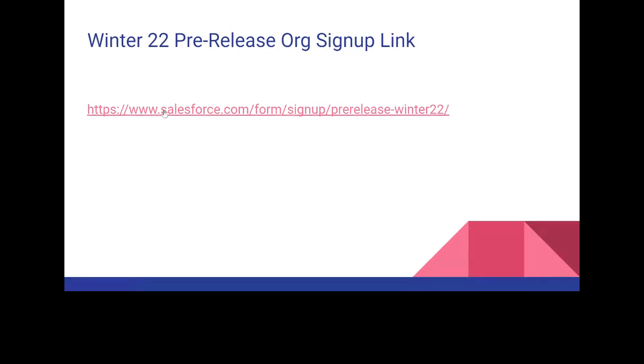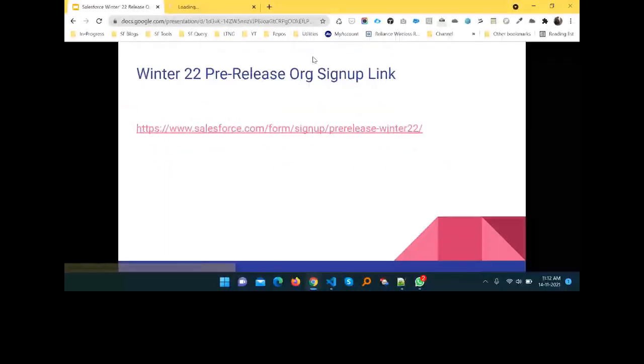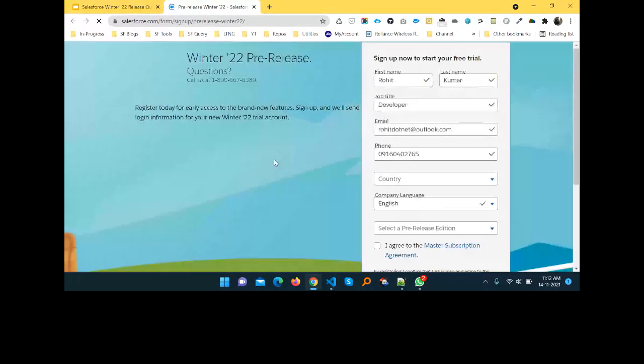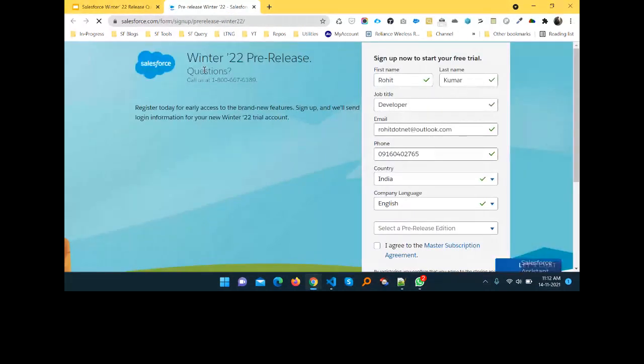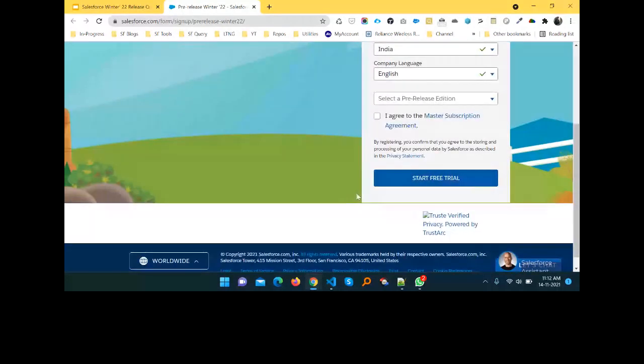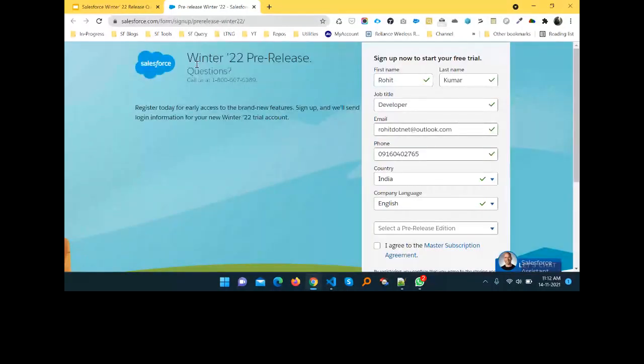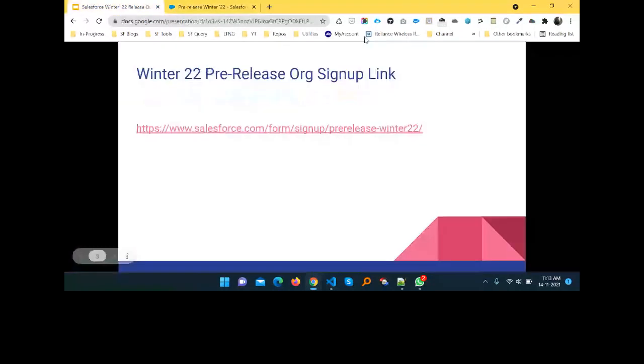So this is the first link, and once you click you will get a new page that looks like this one. Okay, this one. And here you can see the Winter 22 pre-release org, right? You can fill in these details, and you can sign up with the help of start free trial. Okay, so this is the first prerequisite once you are working on any Winter 22 pre-release org. Okay, so now